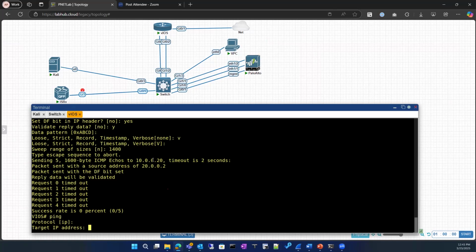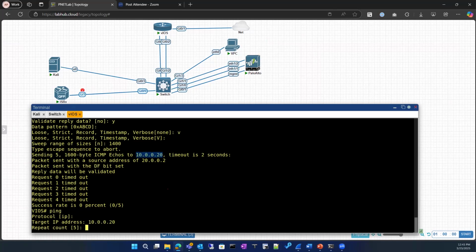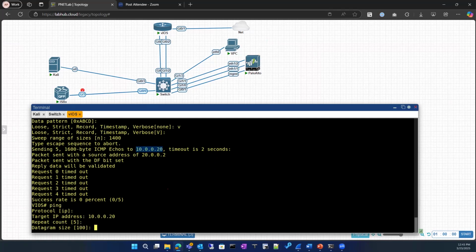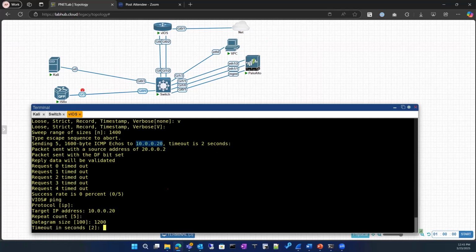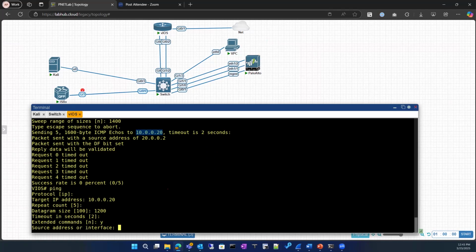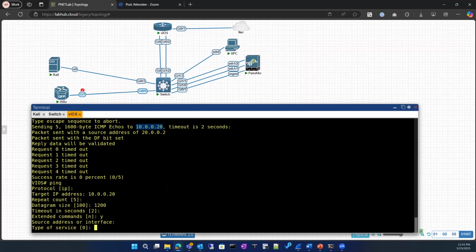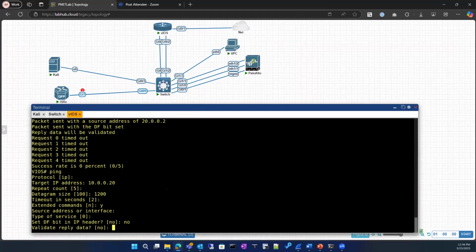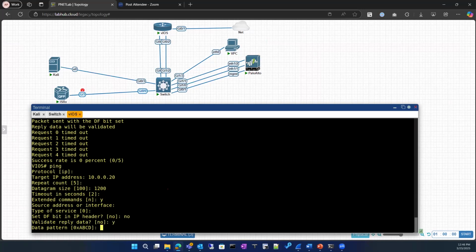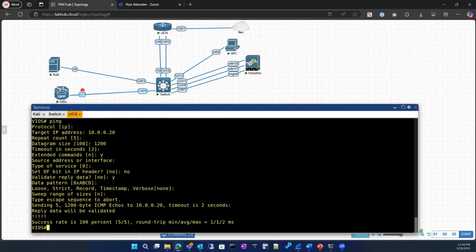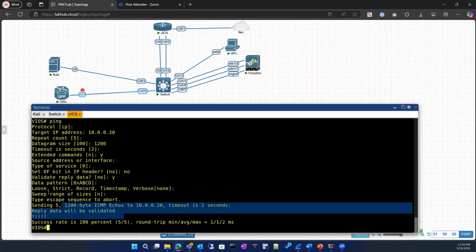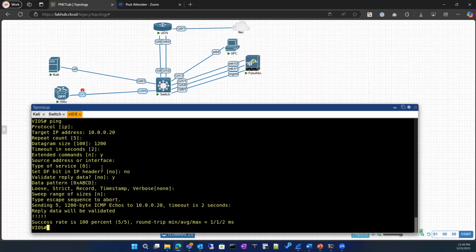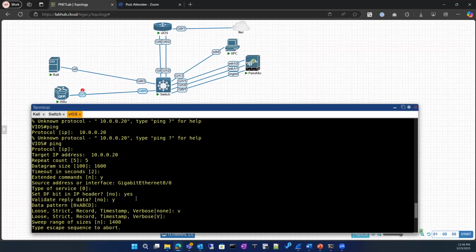So this is the destination 10.0.0.20. Datagram, if I give 1200. Extended command, yes. Source address identified. So I'm telling set DF bit in the IP header, no. Yes. And other things, let me keep it default. So now I can ping. So if I say do not fragment, and if I want to send the whole data as 1600 bytes, it's not allowed,